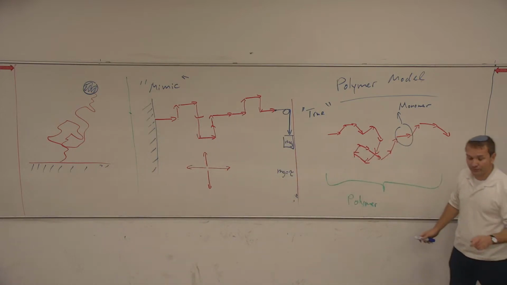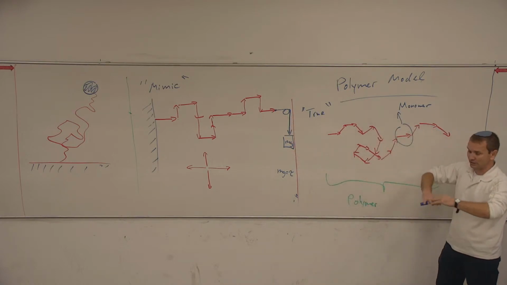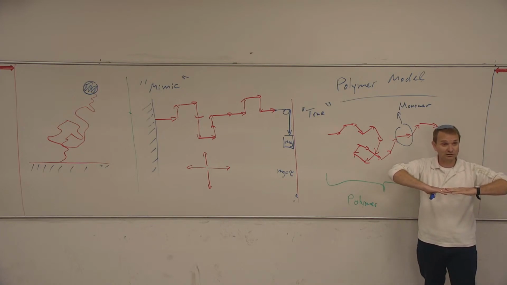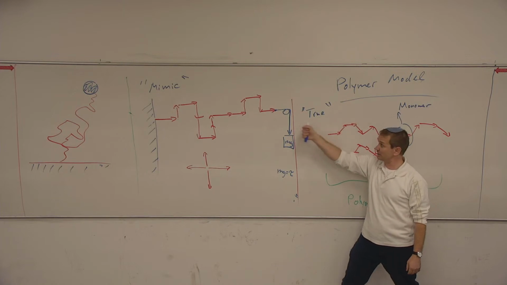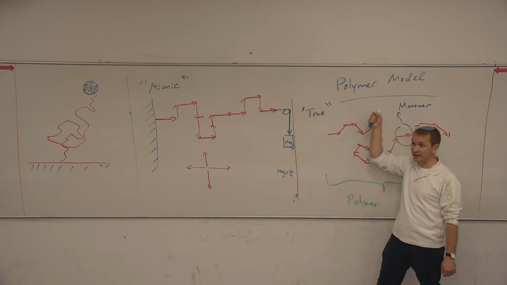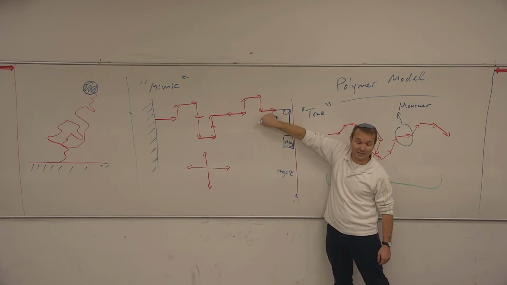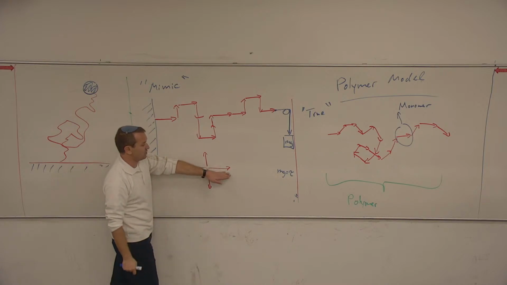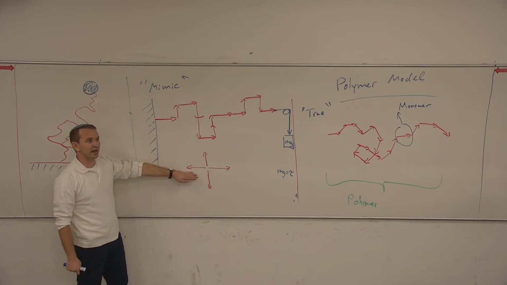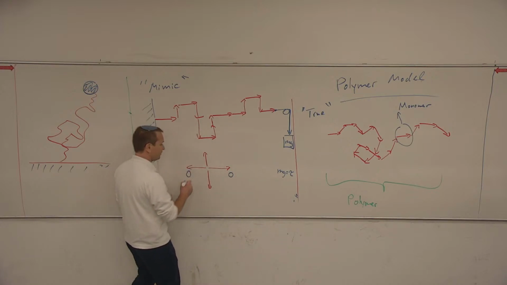Now, I know that when I pull the string, all the polymers would prefer to go in what direction? In the direction which points to the right, right? Because I'm pulling from left to right, so the monomers will prefer to follow the right direction. So I'm saying the following: if the monomer is pointing right or pointing left, the energy in this state is 0.